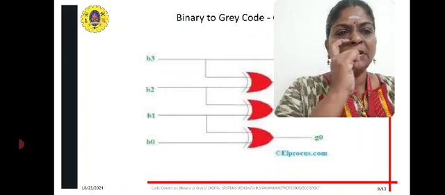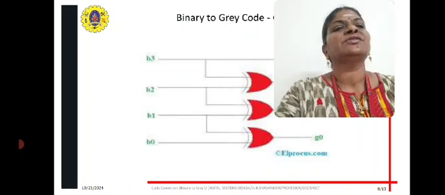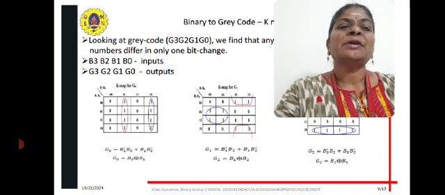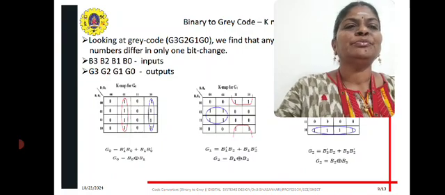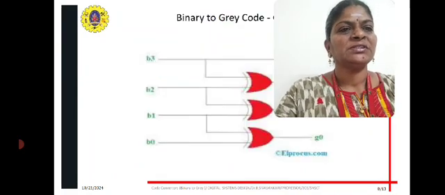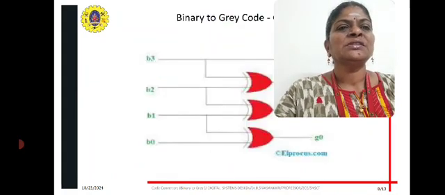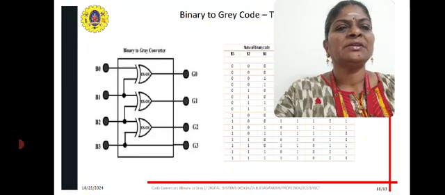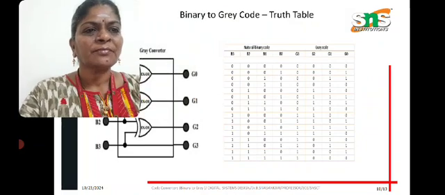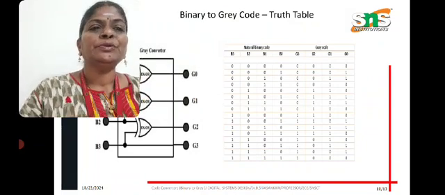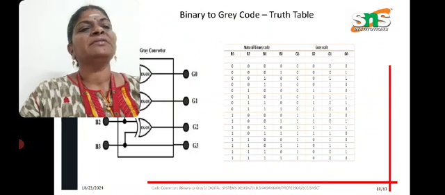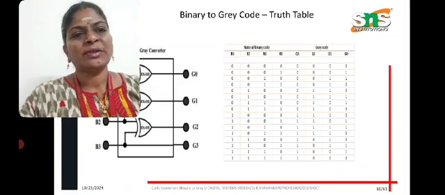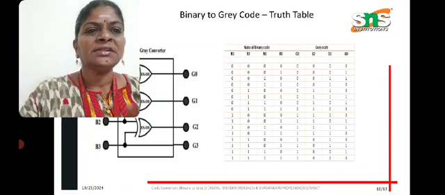Since I said we are using the XOR function, I have used an XOR gate here. For this, completely by using a K-map, we should be able to prove what G1, G2, G3, G4 are. Understood? So this is the logic circuit of our binary to gray. In the truth table, we use binary as inputs and gray as outputs. For example, we have taken a 4-bit number like 1110, and for this entire 8421 code